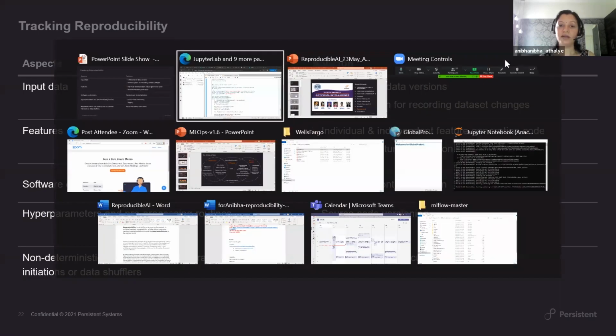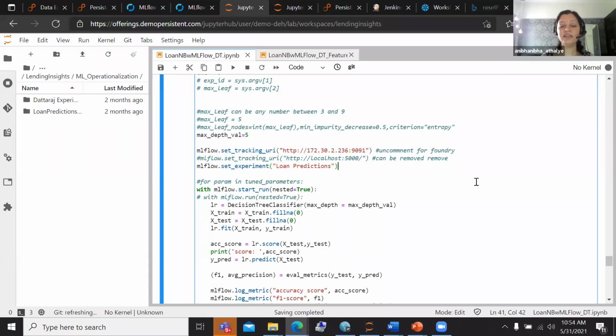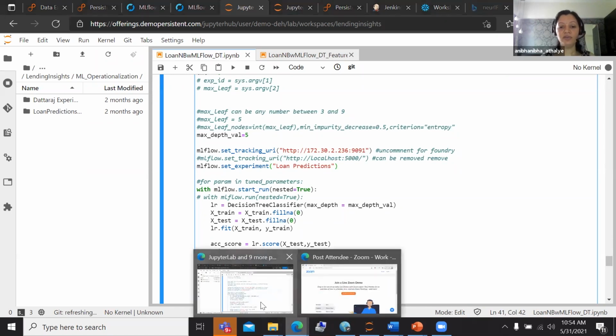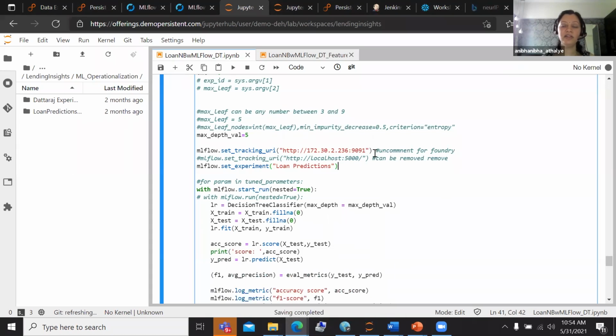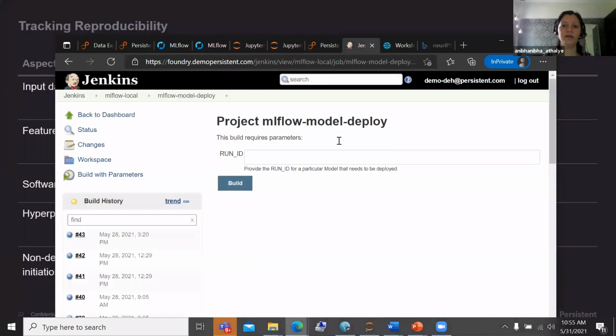Now, going back, where is it that all of this actually helps us? All of this helps us with something that we call deployment of the model, the diagram that I showed you. Let me just go there. Yeah.